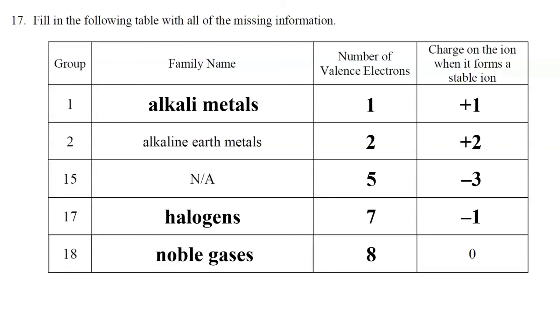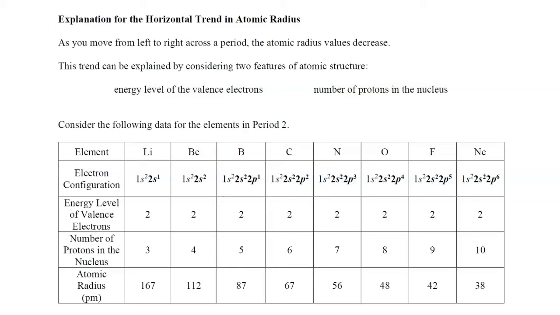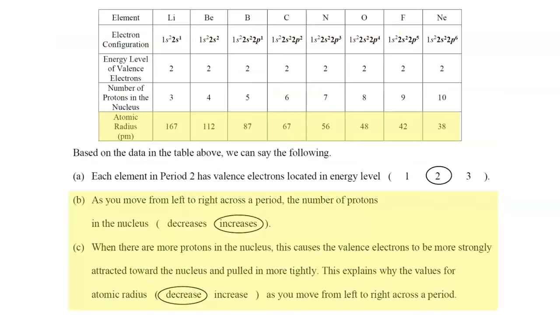Now let's take a look at question 18, which says, which of the following correctly identifies the horizontal trend in atomic radius and provides the correct explanation for this trend? So in your packet that is entitled Periodic Table, you learned that as you move from left to right across a period, the atomic radius values decrease. And as far as the explanation for this horizontal trend, it is the following: that as you move from left